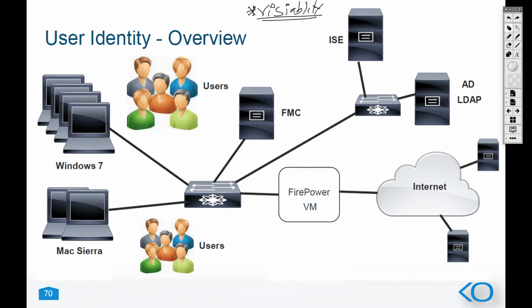But with identity-based policy on firewall, most of the vendors are trying to give you that view inside the firewall itself, that for this IP address, this is the user. So that is one of the objectives of using identity policy: to map IP to user mappings for all the connections. The second objective of user identity based policies is to do access control based on users